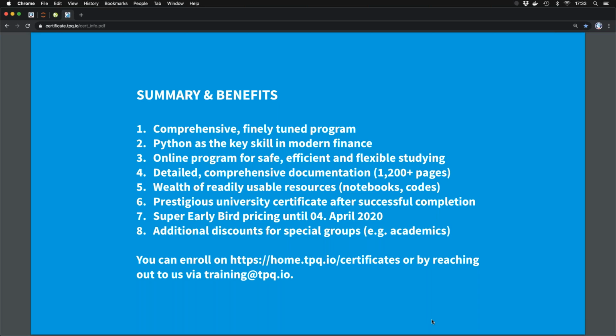In these new days and these unprecedented times that we are currently living in, I'm so happy that we have an online program. I always saw the benefit of online programs in the flexibility and scalability, but I never thought of it as a safe, efficient and flexible way to study, even in times where some people around the world cannot leave home, and where we have social distancing and all these new facts of life that a year ago or even a few months ago nobody would have imagined.